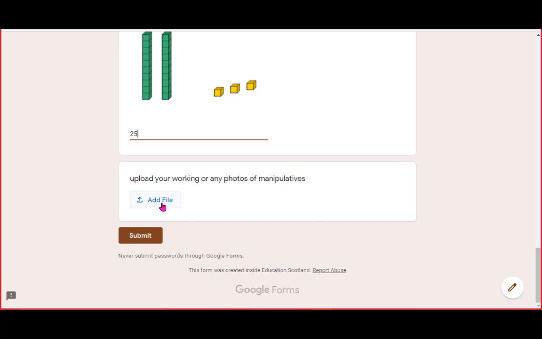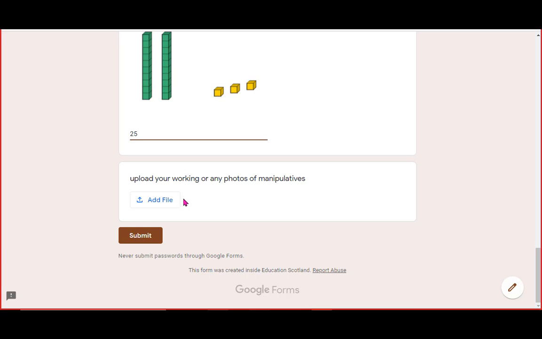And the last part here I think is really useful, and it's quite often overlooked. I've created an add file section at the end, so if I've got 4 or 5 questions and they require any kind of working, or learners to show how they got an answer, they can do that on a whiteboard, they're doing a sand pit, they can write it however they like, and take a photograph and upload the photograph as their evidence. So you could have a maths quiz of 10 questions here and then ask for the working